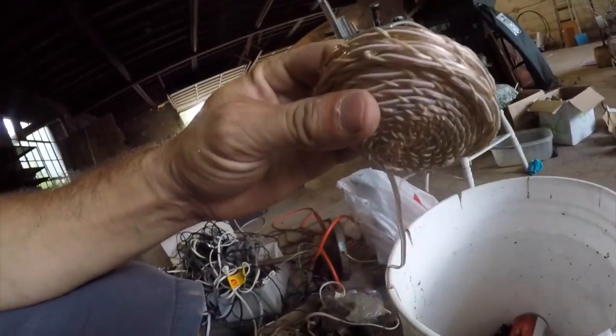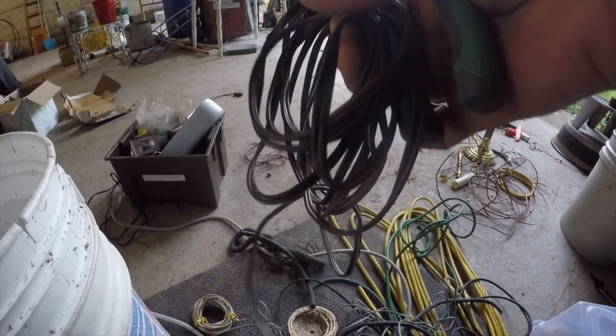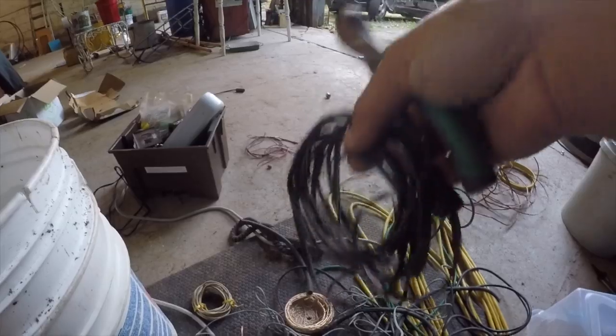This is from the basket lady, she was making a basket out of speaker wire. So out of this wire, the only wire I would strip out of this pile right here by my feet would be this guy right here. So I guess I should put that someplace special. I'm going to throw it out on the floor. That way it'll be easy to...